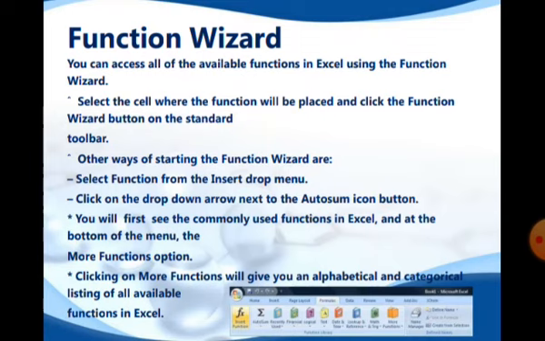You first see the commonly used functions in Excel at the bottom of the menu. Okay, there is a more functions option also. Click on More Functions. It will give you an alphabetical and categorical listing of all the available functions in Excel. So the function wizard is a tool where you can find all the functions that are available in Excel.